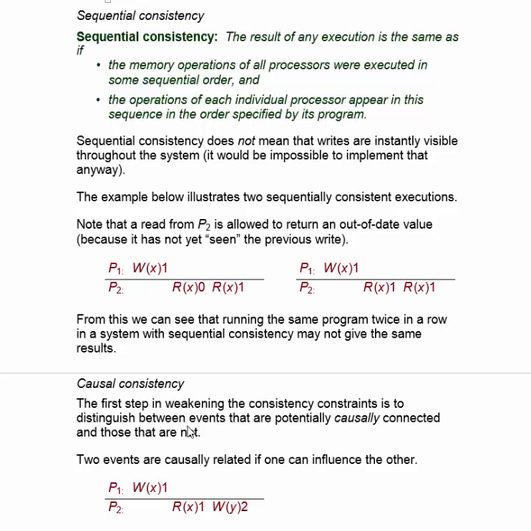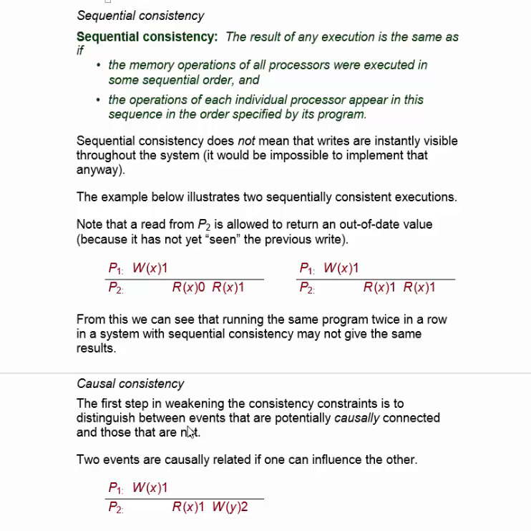Let's review the now familiar definition of sequential consistency. It says that the result of any execution is the same as if the memory operations of all processors were executed in some sequential order, and the operations of each individual processor appear in this sequence in the order specified by its program. When students learn about sequential consistency, they sometimes think it means that all writes are instantly visible